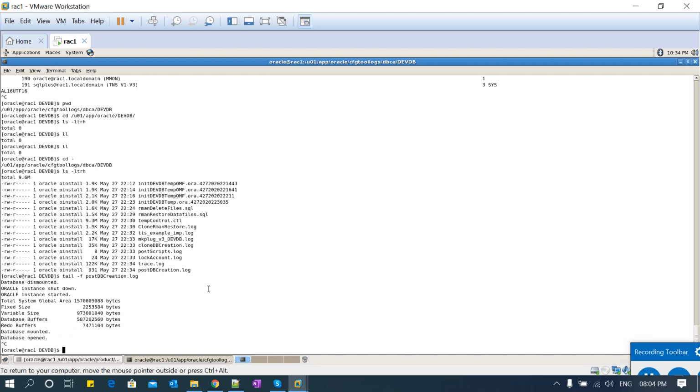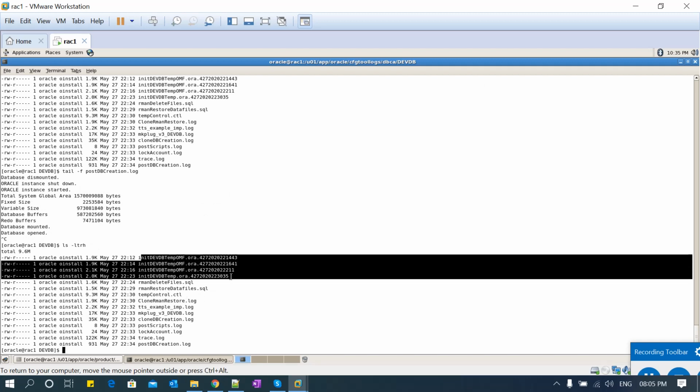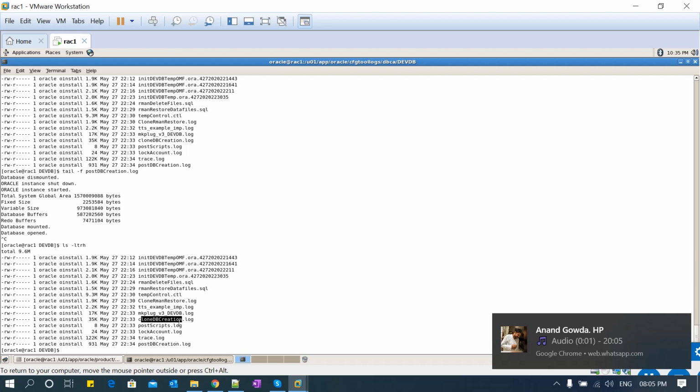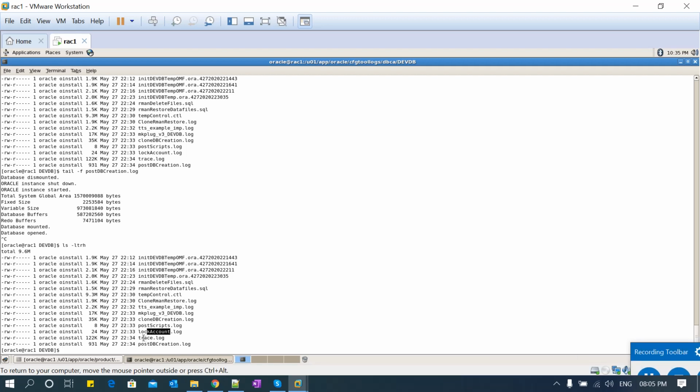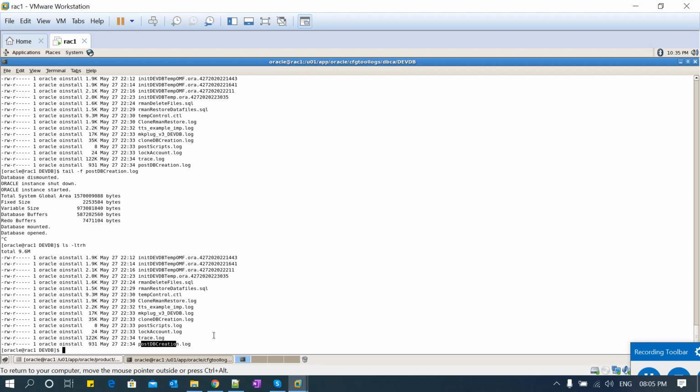If you go through all the log files, you'll understand what phase it was at, what time it took, and what is the sequence of operations it has done. See, init file, rman restore file, clone restore command, make a backup of this, clone creation, post script, and then account creation, and then trace and post db creation.